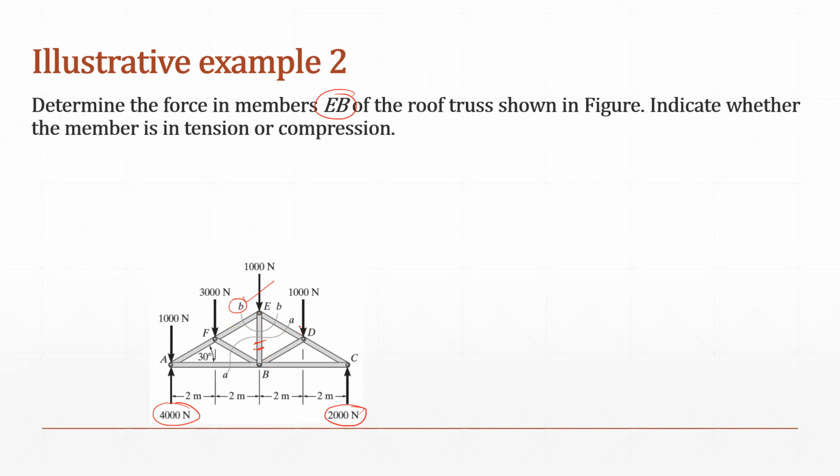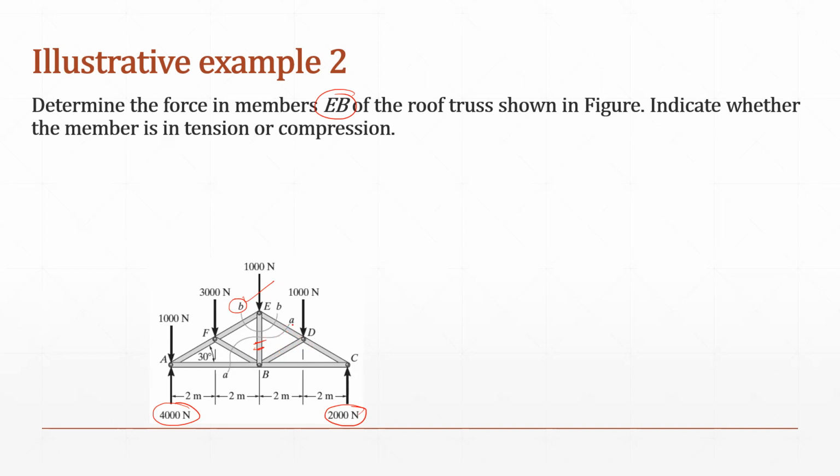to get the value of one of the members, say member ED, EB, and EF. So if we cut the truss along section AA, in this manner, you can see we are actually cutting four members. As I discussed in the lecture in the previous part, we cut the truss such that only three unknown members will be cut. But here we are going to cut this truss along AA, which has four unknown members. So that is why I am saying this is a very special case. Generally we don't follow this process in all cases, but this is a very special case.